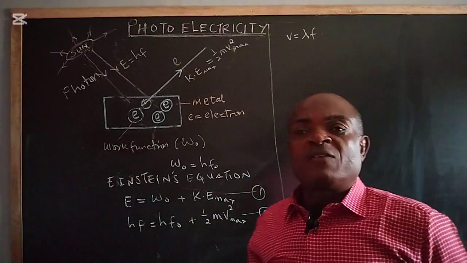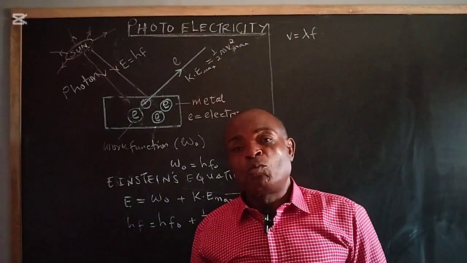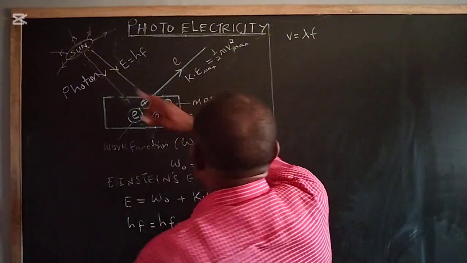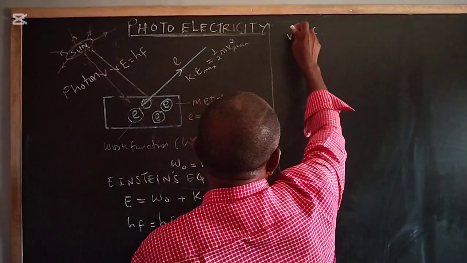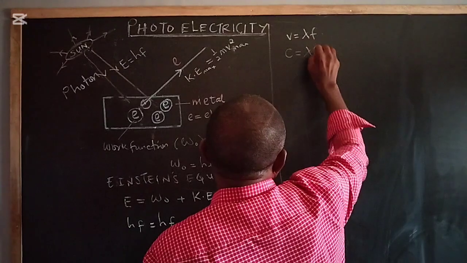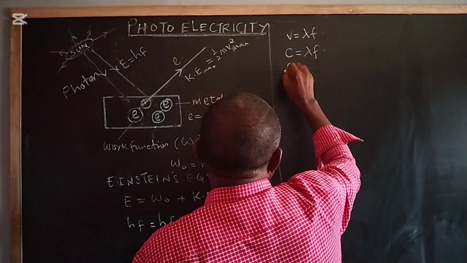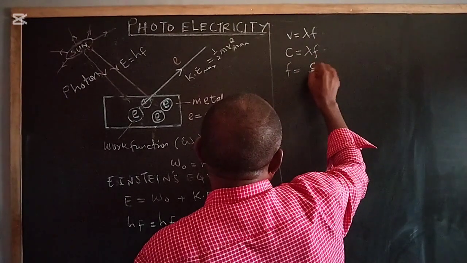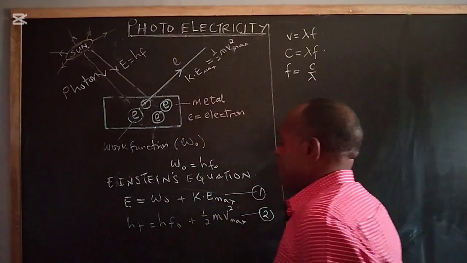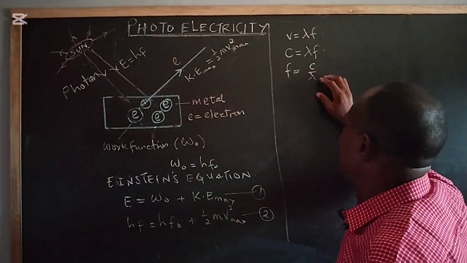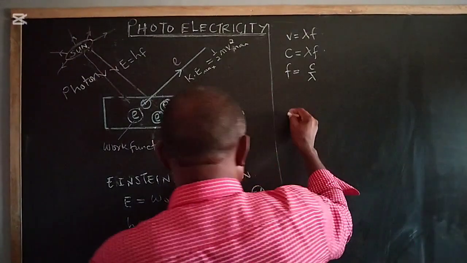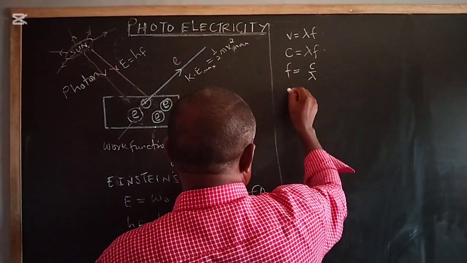Of course, if you had treated waves and sound waves, you must have seen a kind of equation like this. So in terms of the speed of light, this velocity now becomes the speed of light and is equal to lambda times f. So if we make f the subject, our f is equal to speed of light divided by lambda. Now, if we want to bring in the wavelength of the radiation, equation 2 becomes